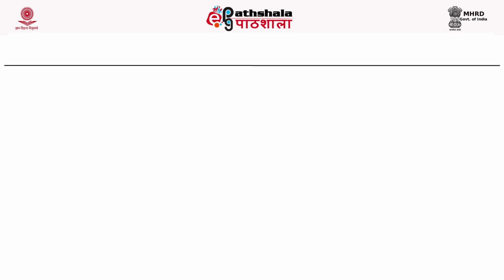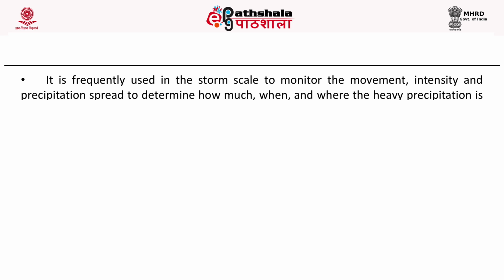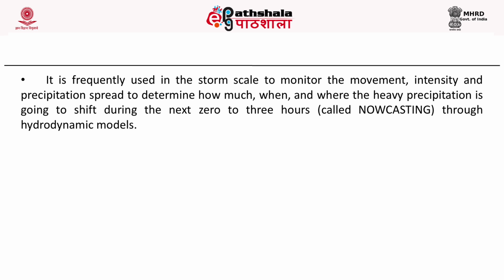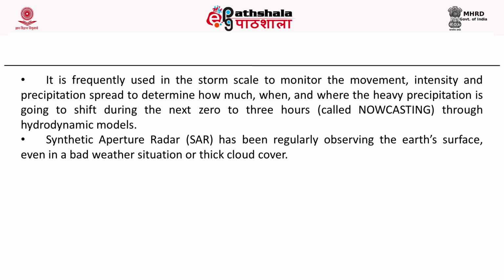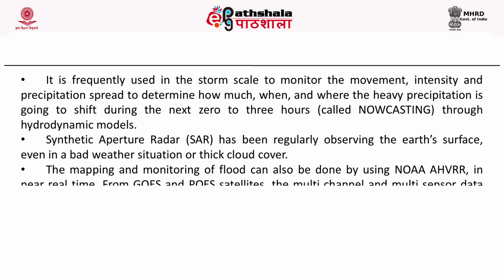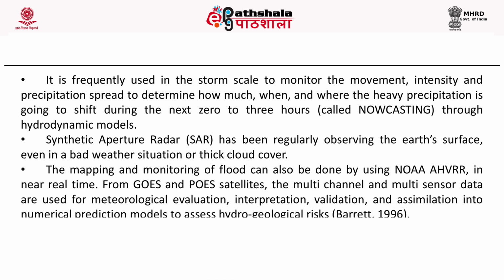It is frequently used in the storm scale to monitor the movement, intensity, and precipitation spread to determine how much, when, and where the heavy precipitation is going to shift during the next maybe 3 hours. So, this is also called as nowcasting through hydrodynamic models. The synthetic aperture radar has been regularly observing the Earth's surface, and it can monitor even in bad weather conditions or thick cloud cover. The mapping of floods can also be done using NOAA AVHRR